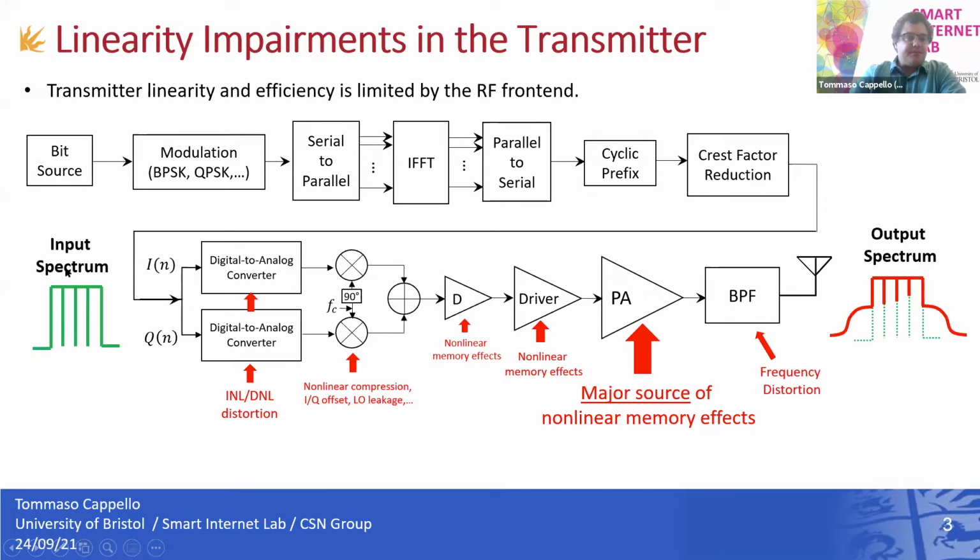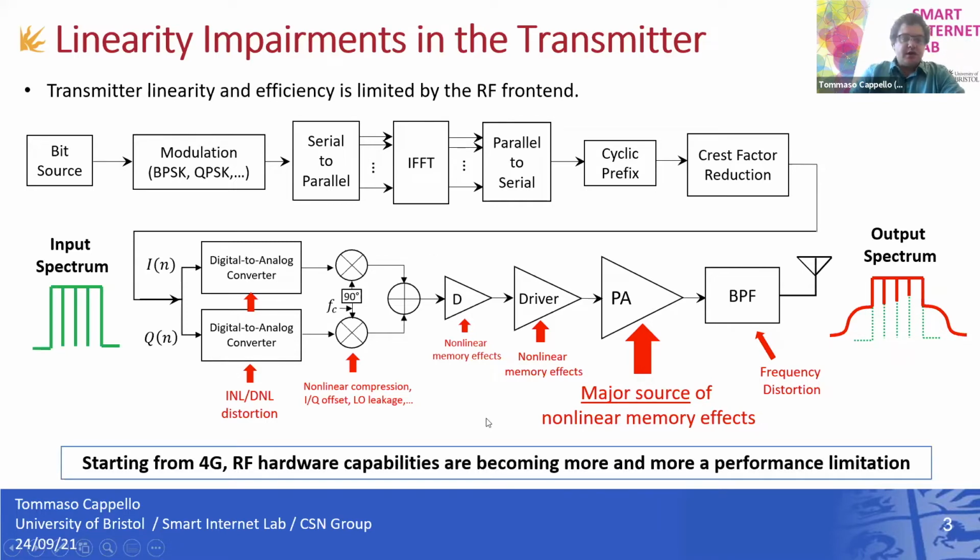And so if we look at the input spectrum, or the IQ signals before the conversion from the digital to the analog domain, we can find out that, especially if the amplifier is running into compression, so for a higher efficiency, there is a significant spectral regrowth on the side skirts of the spectrum and also within the band. And starting from 4G, when IP-IPR signals are starting to be used, there is more and